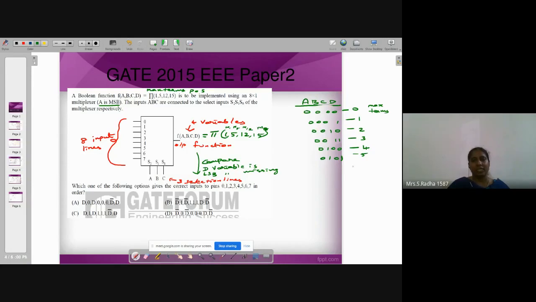If you observe the D variable, if you start writing 6, 7, 8 like that, up to 15 is possible because 4 variables are there. 0110, 0111, 1000, like that. You observe only the LSB term, D variable. Alternatively, it is coming 0101 like that. So what I will do, I will take D complement followed by D.